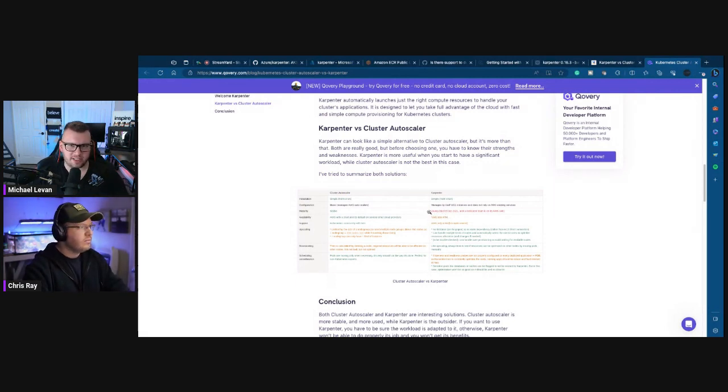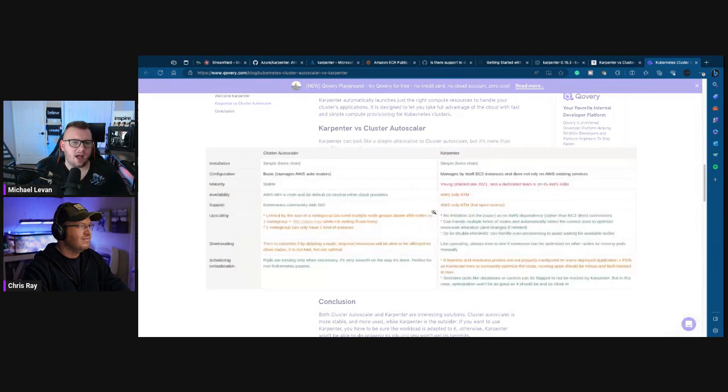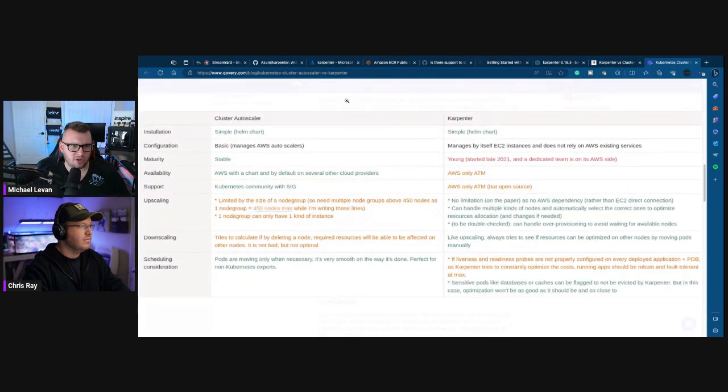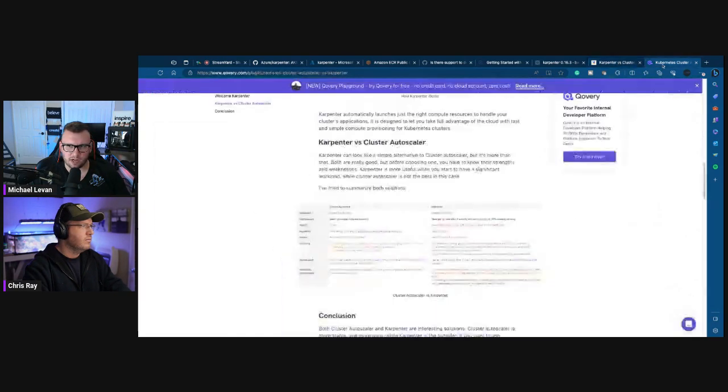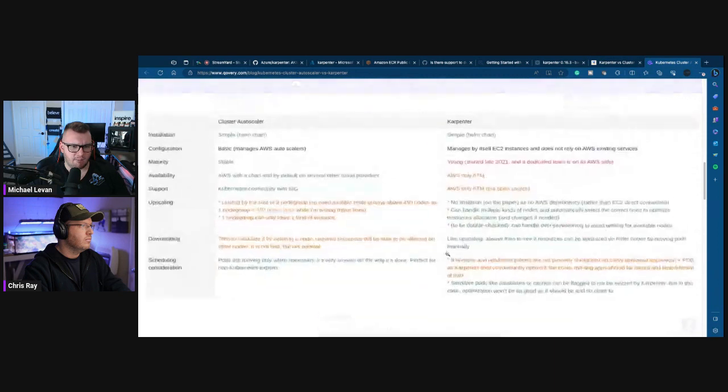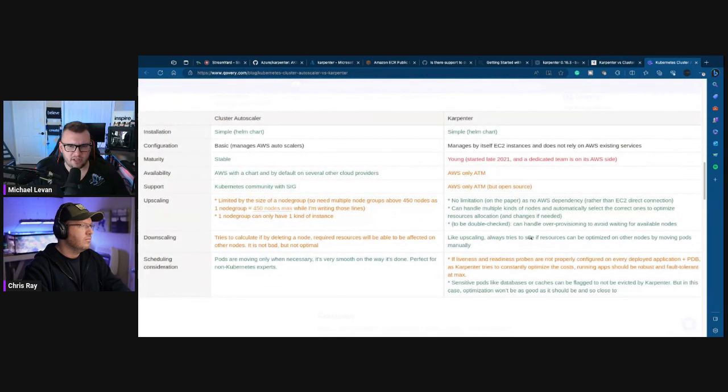The majority of my test clusters are always on AKS just because it's quick to get it up and running. But as we can see here, these are two blog posts that I found just doing a quick Google search. And there's some stuff in here that obviously isn't valid anymore, like only AWS at the moment, which isn't the case. But outside of the performance thing, I would say that the biggest two differences we see are